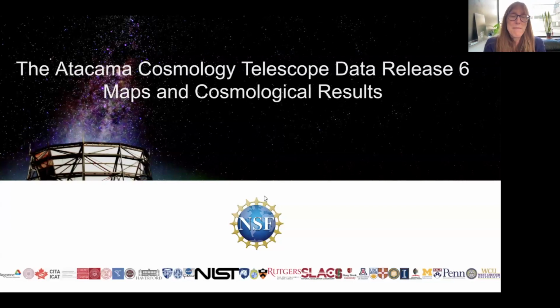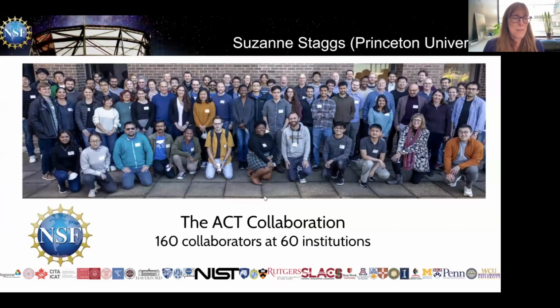The first NSF award to ACT let us build this brand new, huge microwave telescope in the Chilean desert. And we outfitted it with a type of detector that at the time hadn't even been fully demonstrated, the TES bolometer. And then subsequent NSF funding let us add polarization sensitivity to ACT with this ambitious receiver based on a dilution refrigerator. And the receiver was quite successful despite the difficulties you might imagine can exist with a remote and